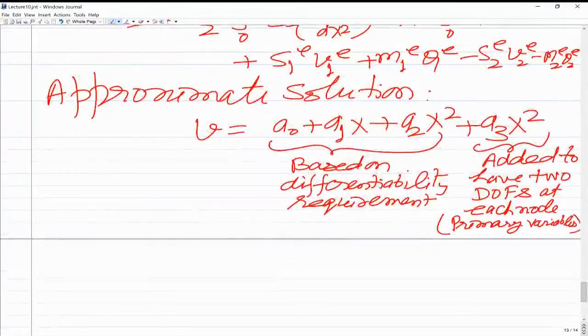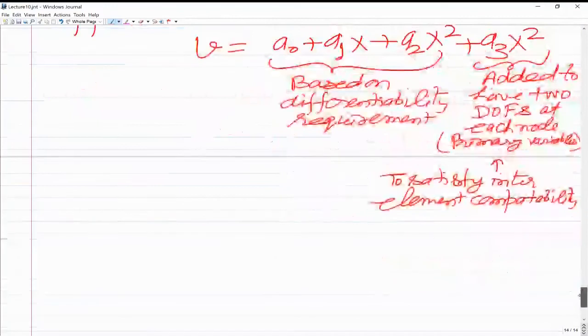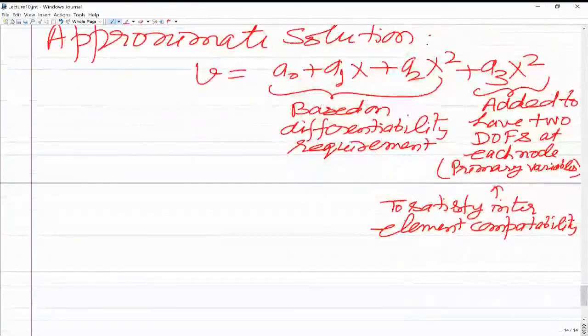So this is to satisfy the inter-element compatibility, that is, continuity of primary variables across the elements. Once we have assumed this approximate solution, in the finite element, the next step is to